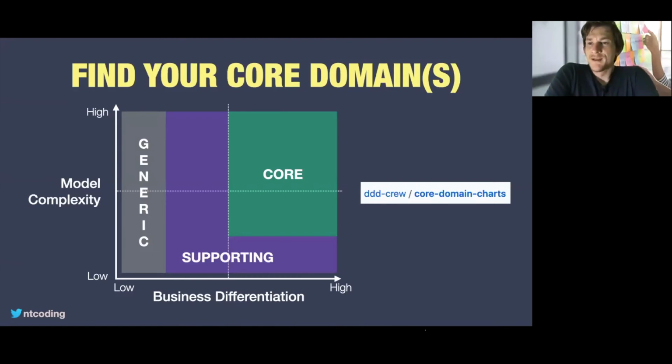So some bits of DDD will be useful. Some bits of DDD won't be useful. Things like event storming can be very useful. So I've got this quote I've been using for a while, which is 2 weeks of coding can save 2 hours of event storming. So recently I worked with a team, we built a feature which took 2 weeks, and we just